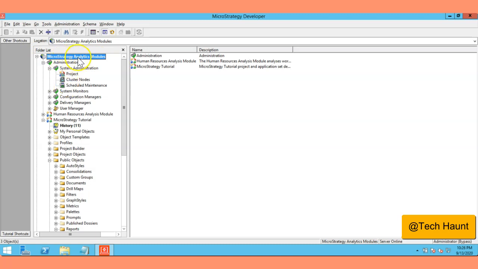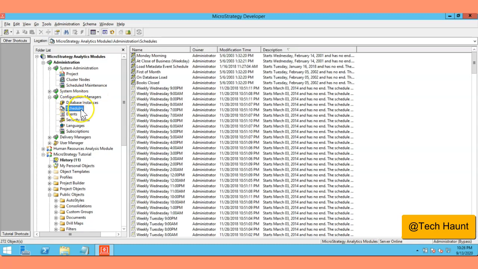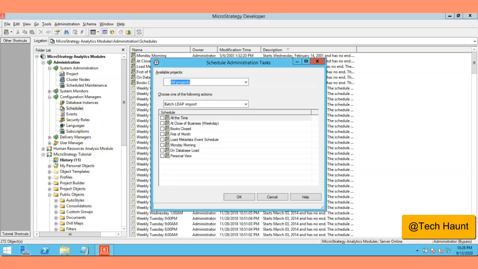Expand it, go to Administration, and under it go to Configuration Manager. Under Scheduling you need to create a schedule for the administrative task. So right-click on Schedule, and then choose Schedule Administration Task.